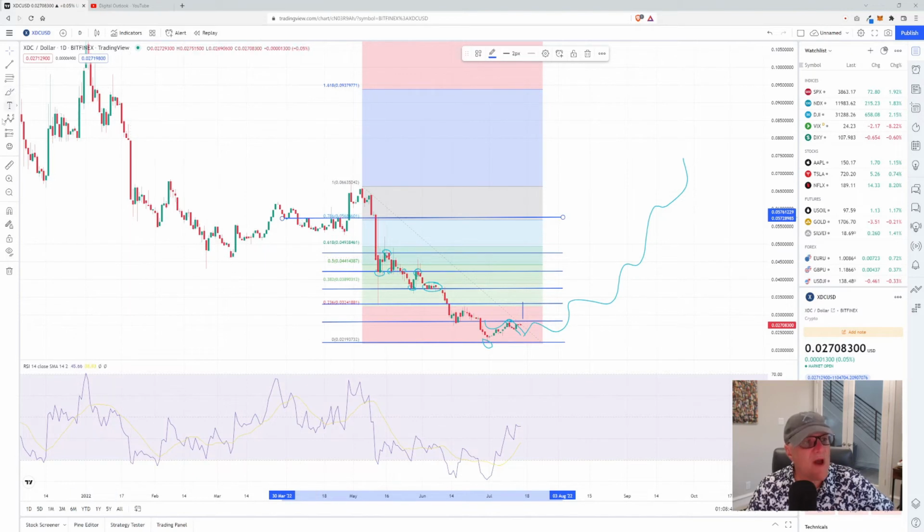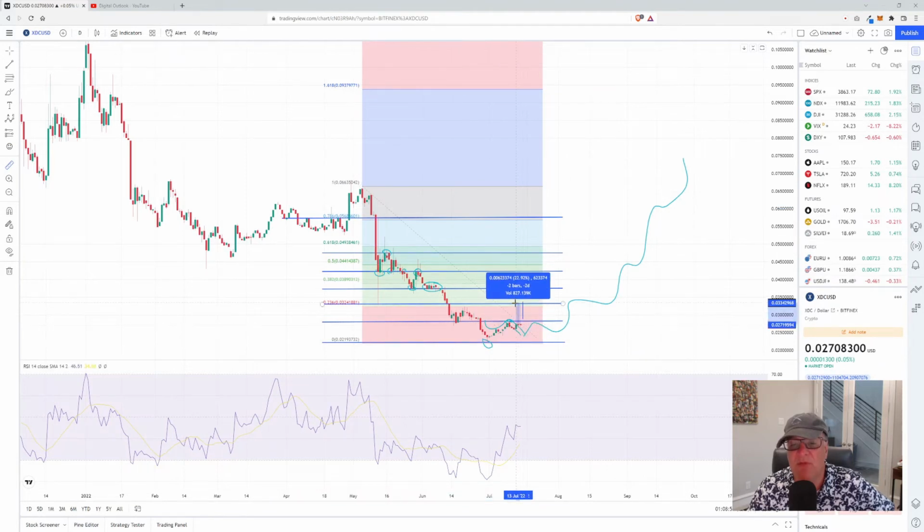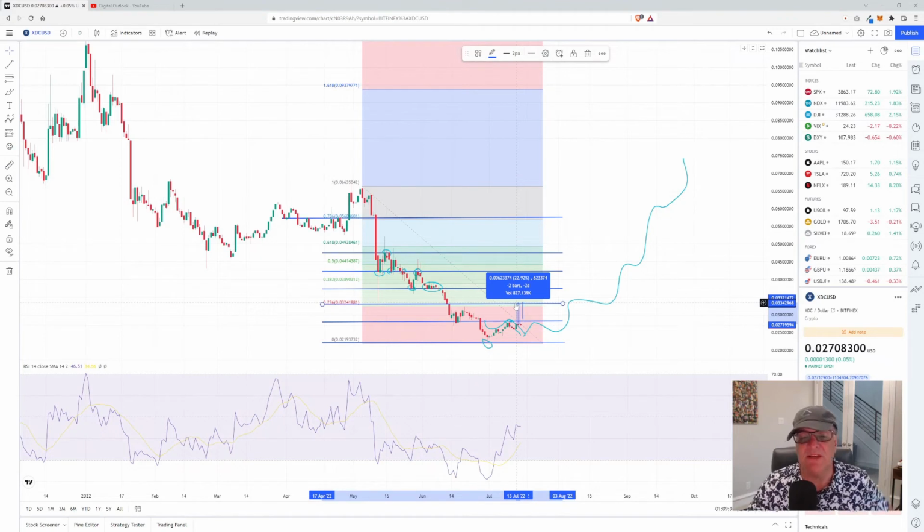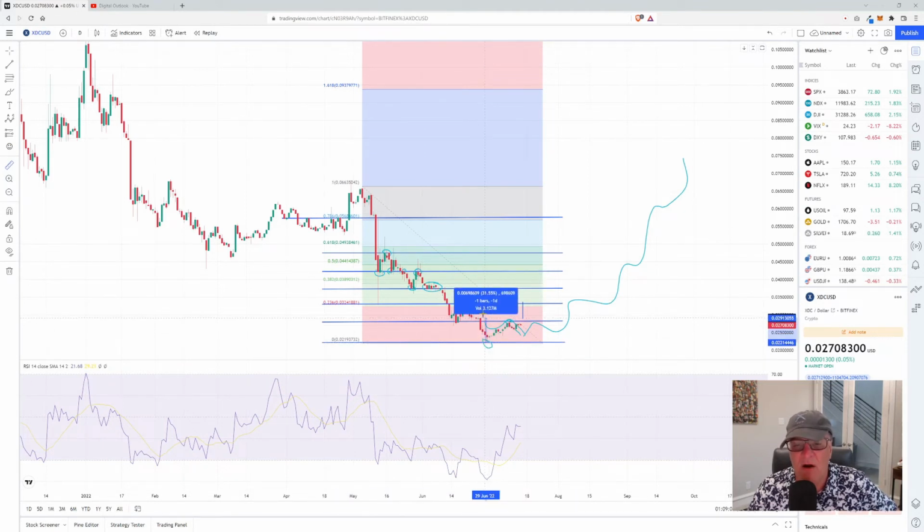Now, guys, what will our measured move look like from where we are right now up to this 3.3 cent range? Guys, that's another 23% jump. So really what we're talking about is from this low in June 30th, all the way up to this move right here. Guys, that was a 48% long. That is absolutely fantastic on a short-term trade.